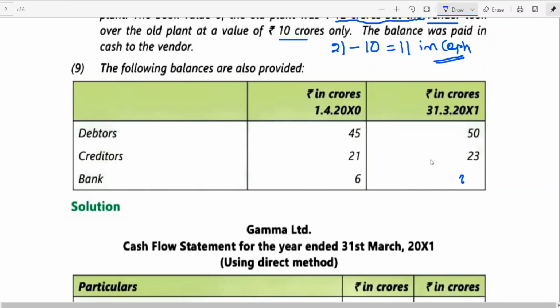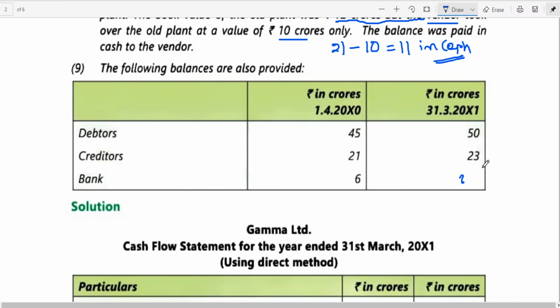How will you do it? You know the net increase in cash and cash equivalents, and then you adjust the cash at the beginning. If it is positive, you will get the closing balance. I think that will work out. So even if it is given, it's fine. If it is not given, no need to panic. And one more thing I want to tell you.